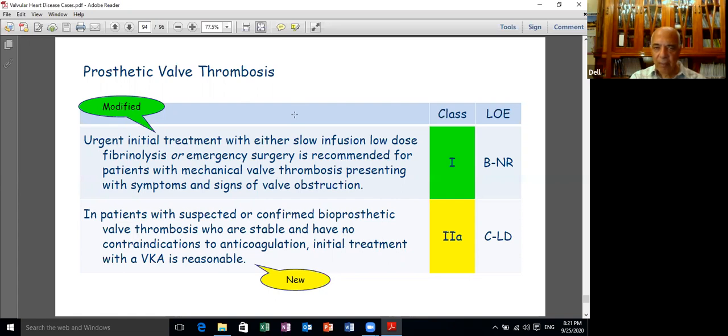Low dose is 1,500,000 units of streptokinase given over 1 hour, or 100 milligrams of TPA given over 1.5 hours. So this is what is recommended by the European guidelines. If the patient is having the same problem but on a bioprosthesis with valve thrombosis and he is stable and there is no contraindication for anticoagulation, then it is reasonable to initiate vitamin K antagonist as a therapeutic line under